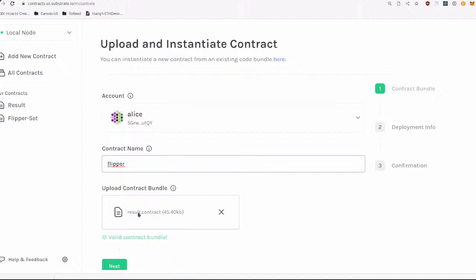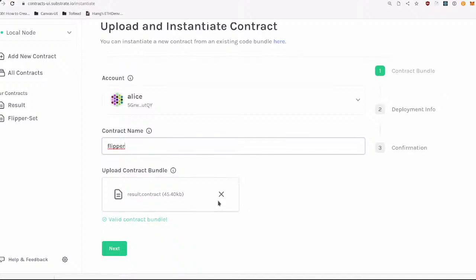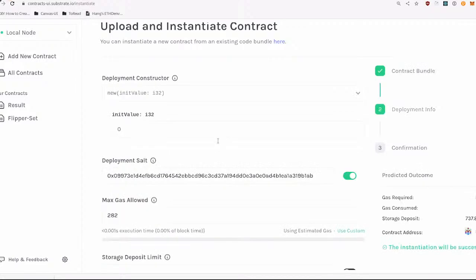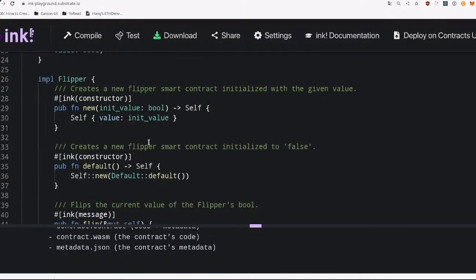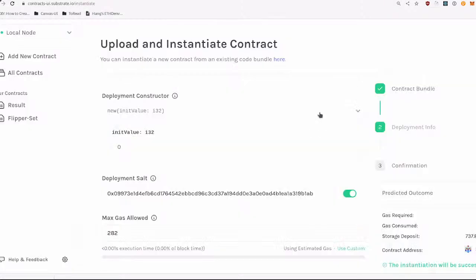and here on after clicking next, this is the second instantiation page of the smart contract. If you go back to the smart contract, I want to remind you that this smart contract actually implements two different constructors. One which allows us to declare explicitly the initial variable of our smart contract state, and one is the default constructor. So we have here in our code two different constructors defined. And if you go to Contracts UI, we see that we can choose from two different constructors. One constructor is actually the default constructor, and then